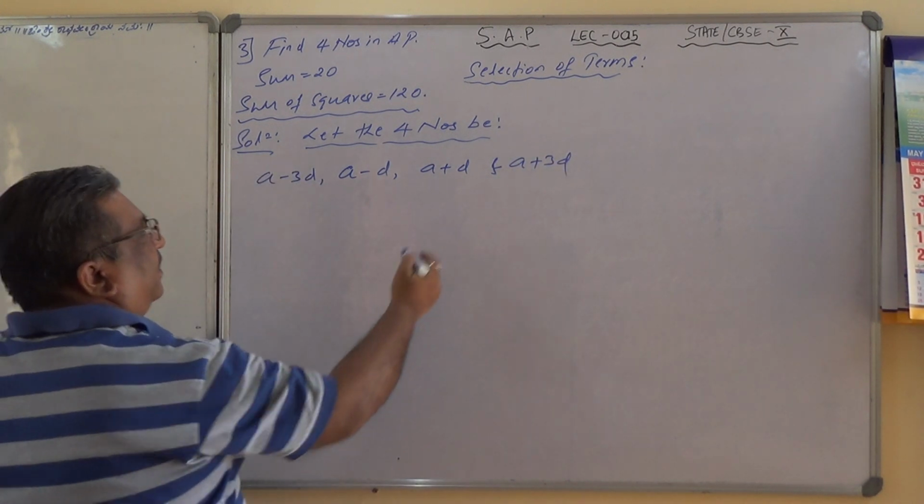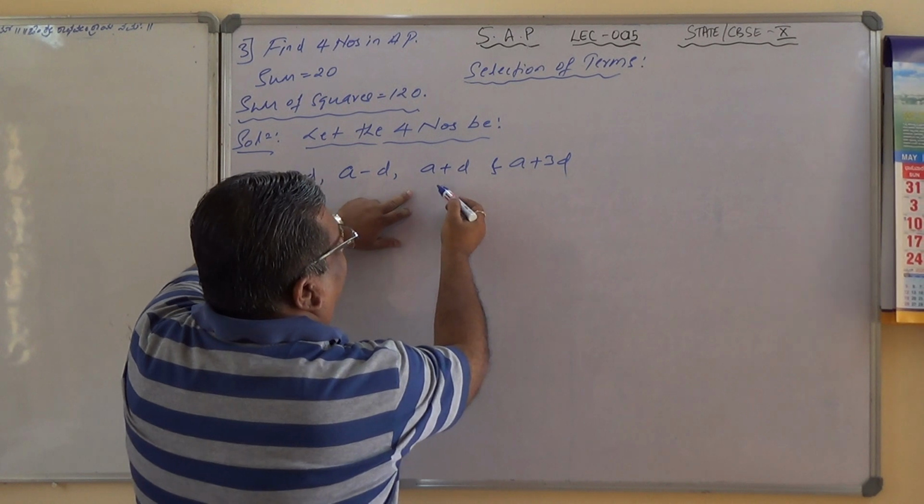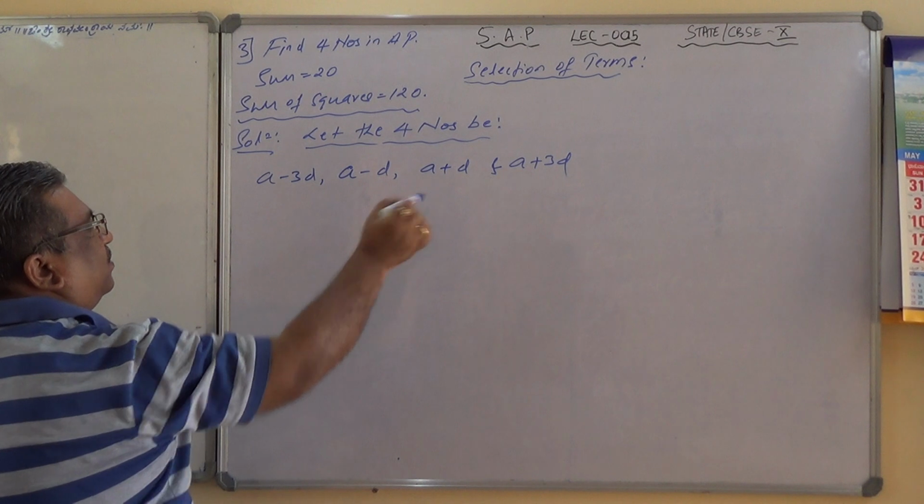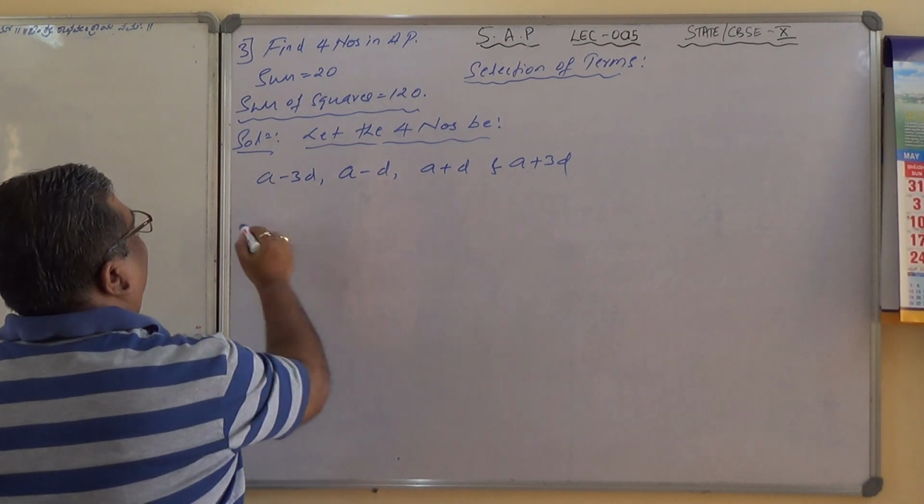Check whether 2d is the difference. This minus this, yes, it is 2d the difference. Okay, so these are the numbers. Let the 4 numbers be so and so. The sum is, according to the question,